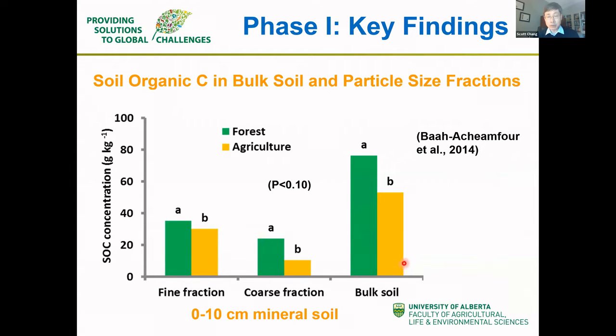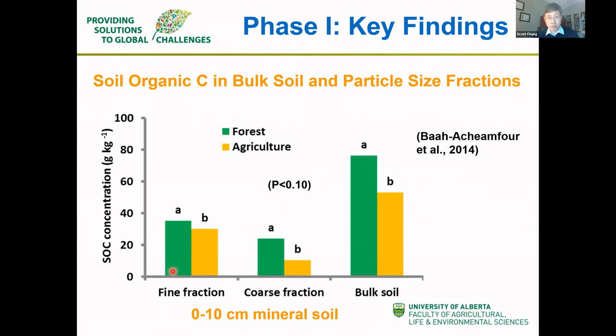The result indicates that there was a greater carbon concentration in the forested soil as compared to the herbland soil, regardless of whether we are looking at the bulk soil, the fine fraction, or the coarse fraction. The distribution in the fine versus the coarse fraction is quite interesting, because if most of this carbon is distributed in the coarse fraction, then we would be somewhat in trouble, because the carbon associated with the coarse fraction is considered to be less stable, or more easily mineralized and released as carbon dioxide through microbial decomposition.